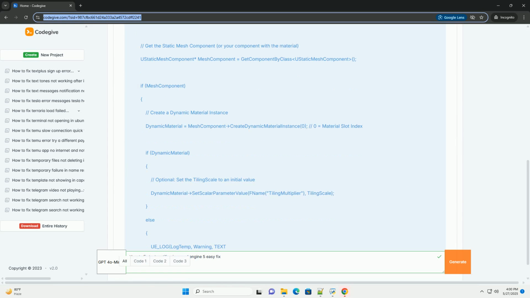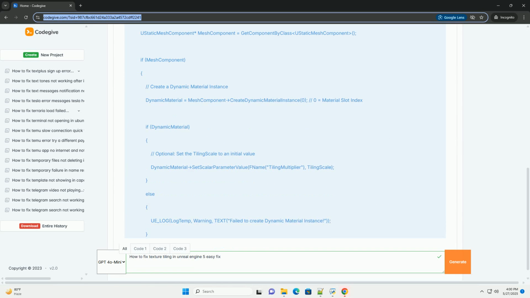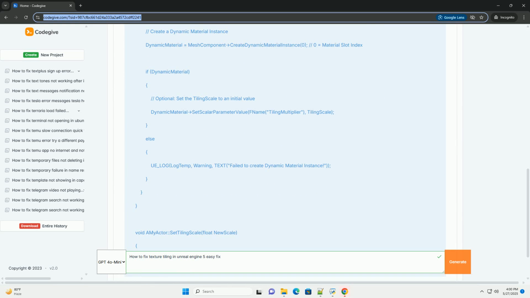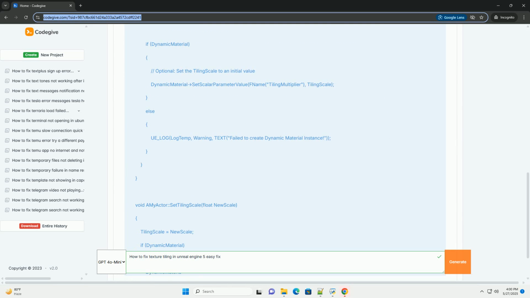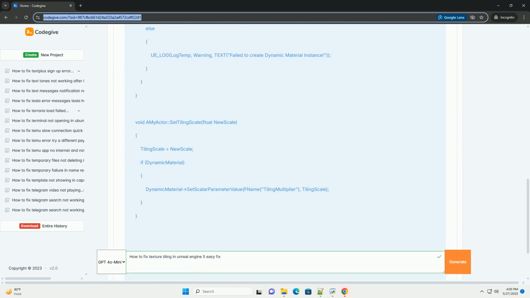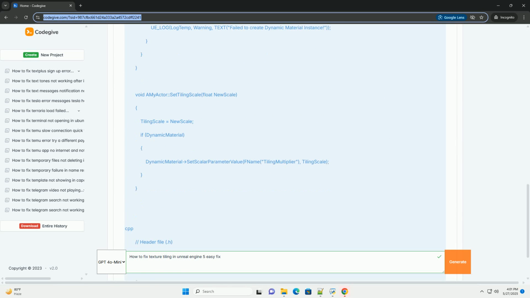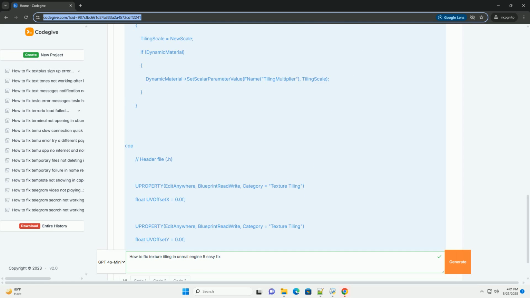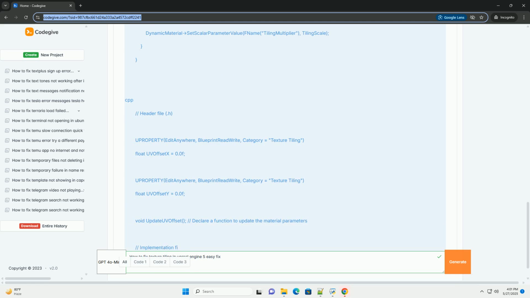This tutorial provides a detailed guide on how to mitigate texture tiling in Unreal Engine 5, focusing on techniques applicable to both materials and code-driven solutions. Understanding the problem: texture tiling becomes noticeable when the repeating pattern of the texture becomes too apparent. This happens when: